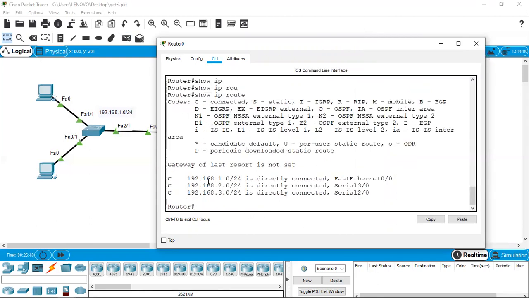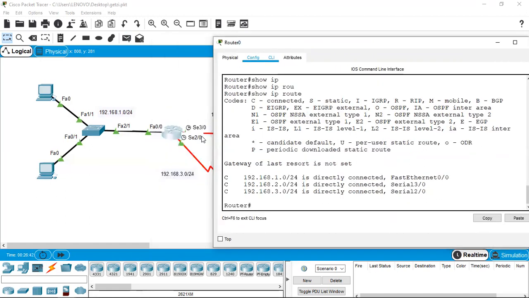So it says this particular router, router 0, has got 3 entries in its routing table for 3 networks. They are 192.168.10, 20 and 30. What are those 3 networks? It also says they are directly connected. Where they are connected is also mentioned in the routing table entries. They are connected with fast Ethernet 0/0, serial 3/0, serial 2/0 respectively.